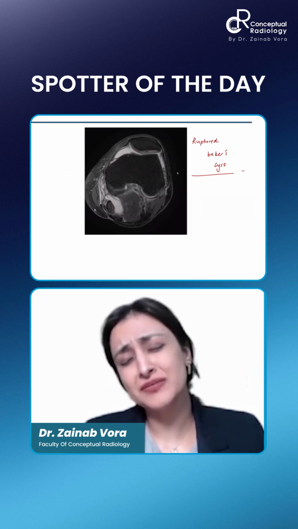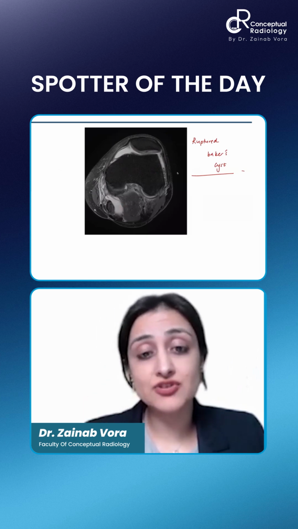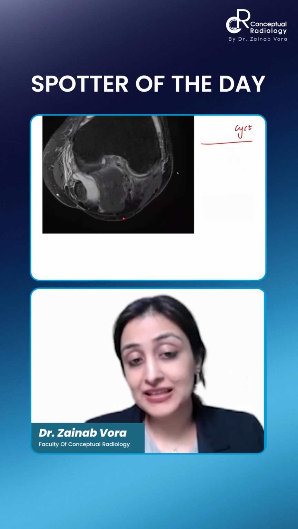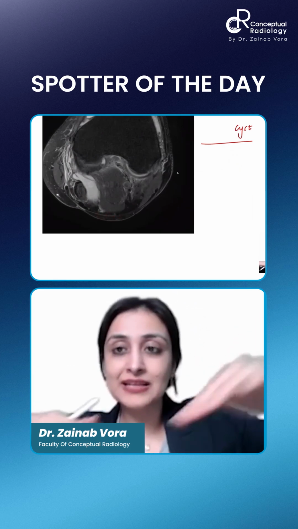Morel-Lavallée lesion, here very unlikely. What is Morel-Lavallée? It's a closed degloving injury, right? So it would be in the fascia, in the interfascial plane. In that, your skin basically peeled and then came back.